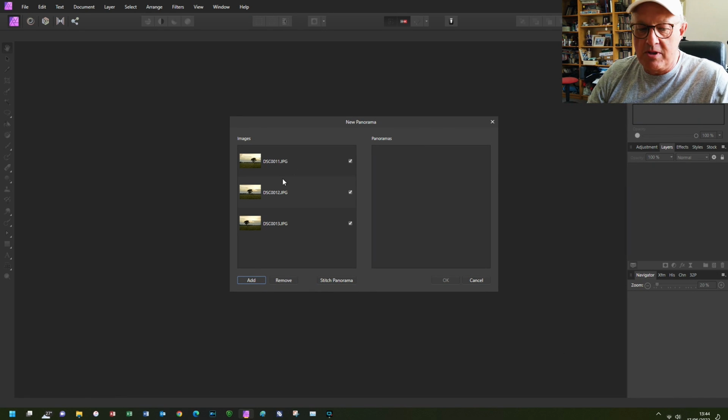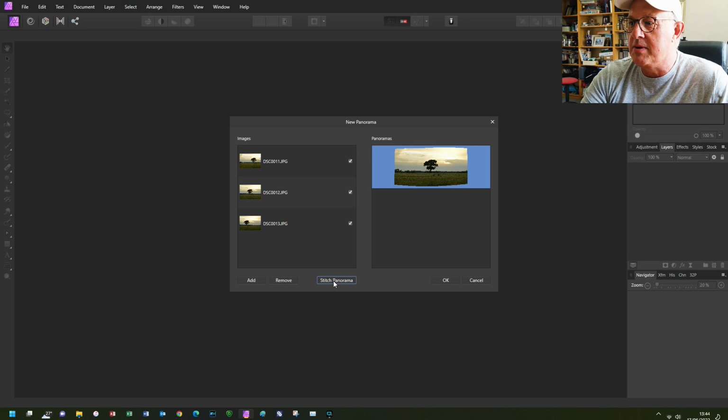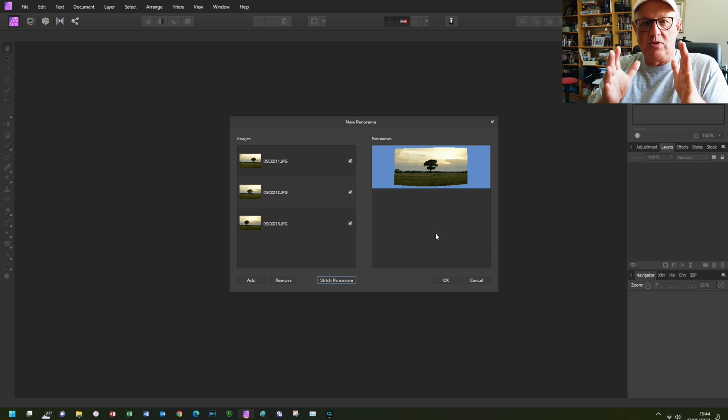It's showing me the 3 images I've selected. So all I've got to do is click the button, Stitch Panorama. And we wait while it does its work. There we are, we have a preview, and I'm glad that you can see in this preview it's not an hourglass where I'd expected it to be shallow in the middle and wide at the top,